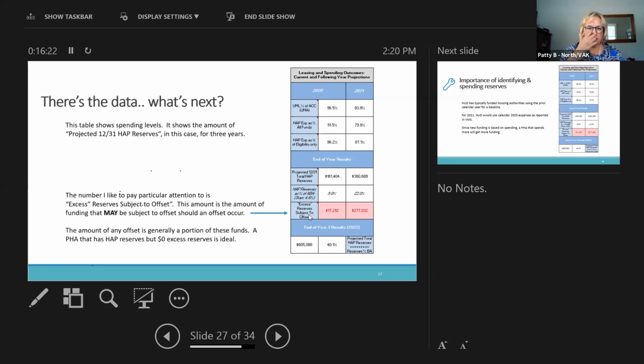Ideally, I'd like to see 0 reserves, period, and PHA spends all their money, but that's not practical. Nobody wants to run down to 0. It's too close to going into shortfall. So I like to at least see the excess reserves subject to offset be 0. That means, okay,